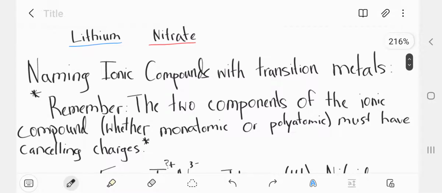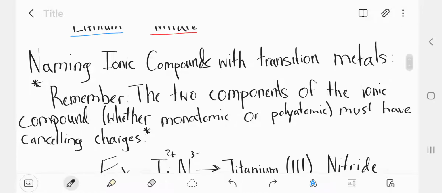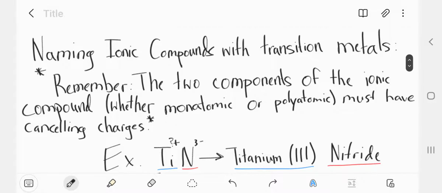Now we're going to go on to naming ionic compounds with transition metals. Those are the elements in the middle of the periodic table, like titanium, vanadium, chromium, manganese, iron, all of those. Again, I just put this reminder tip here. Remember that the two components of the ionic compound, again, whether monatomic or polyatomic, must have canceling charges. So you're going to need to know that as you do these